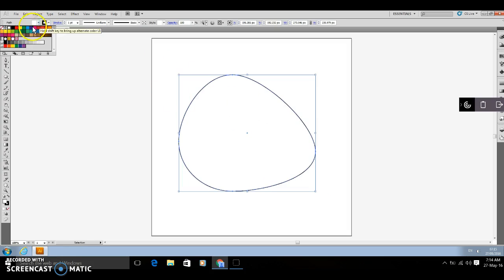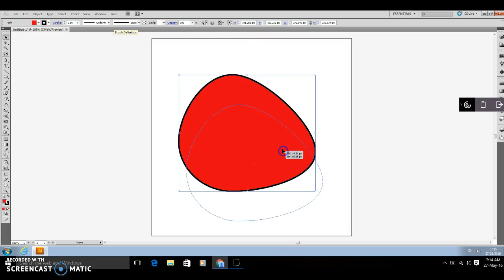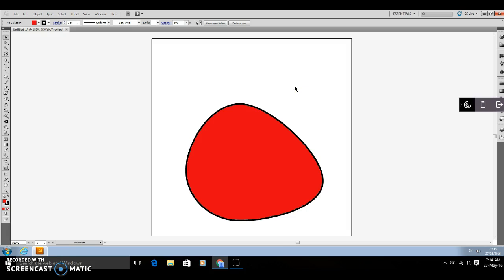and we're going to fill it. Let's fill it a nice red colour. Stroke, I'm going to make a bit thicker, because I quite like a heavy outline on it. Okay. And I'm just going to put it down there. This is the body of our graphic that we're creating. Next part I'm going to do is show you how to combine two different shapes together so that they all